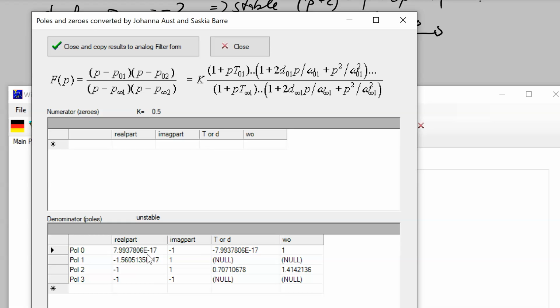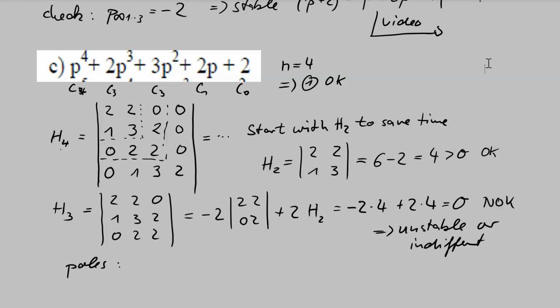So we can say result the poles written in our node tab are p infinity 1 2 is 0 plus and minus j1, and p infinity 3 4 is